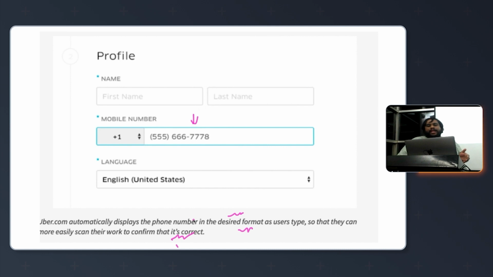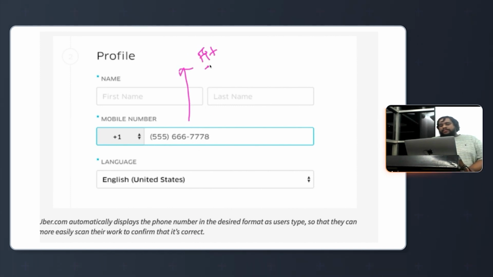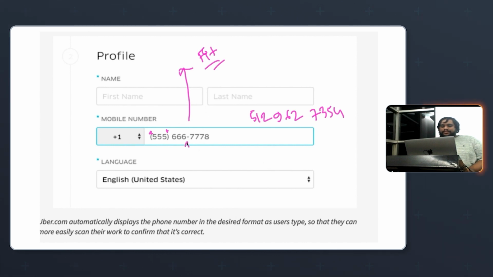But this tag actually says something even more important. You need to fit the user in. What do you mean, fit the user in? Let's say he's typing 512-962-7354. He doesn't want to type all those things. He doesn't have time for this. He just types